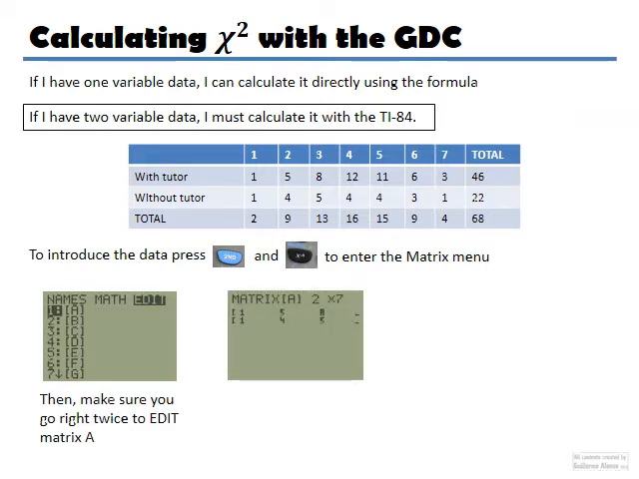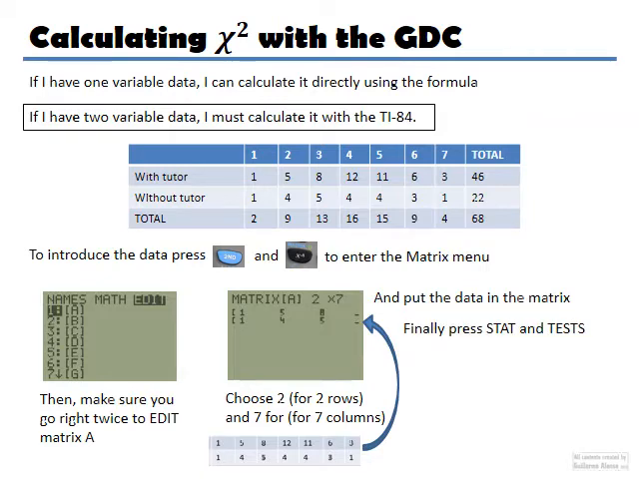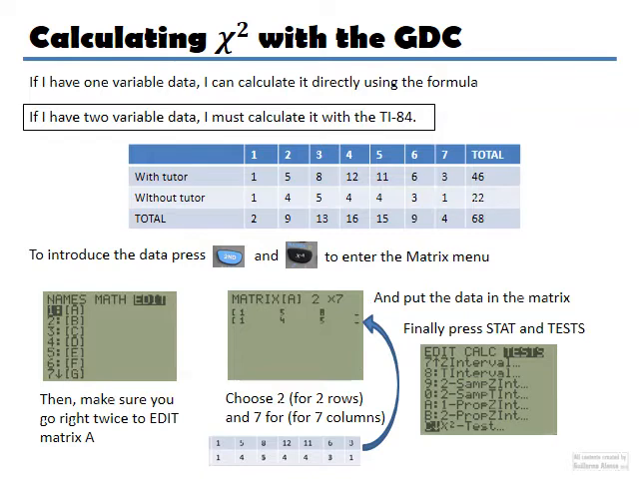Now, automatically we'll first have to say, well, I want to have 2 rows, first goes the rows, and 7 columns. And I'm just going to copy this table, but only these data. I don't have to put the totals in. I insist, I don't have to put the totals in. And once I put the data in here, in the matrix, I will press that, go to tests, and